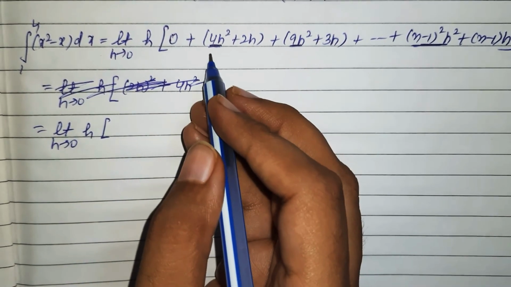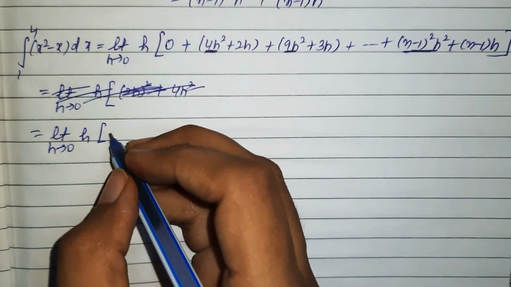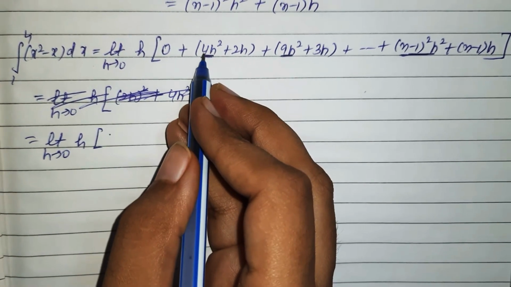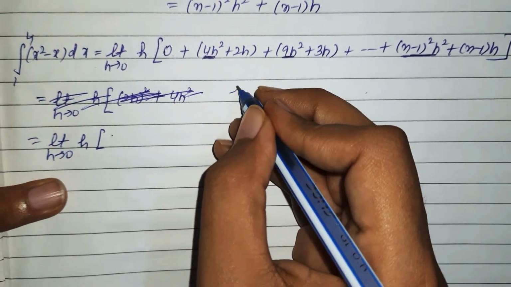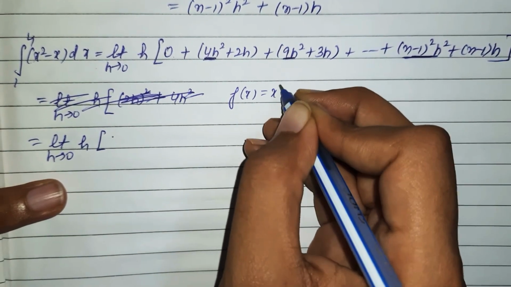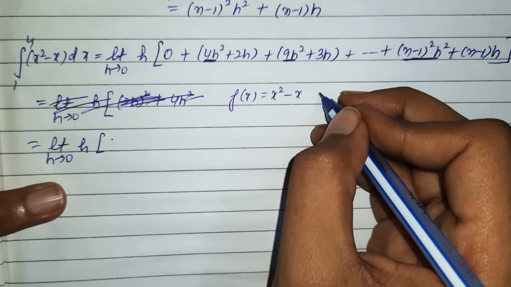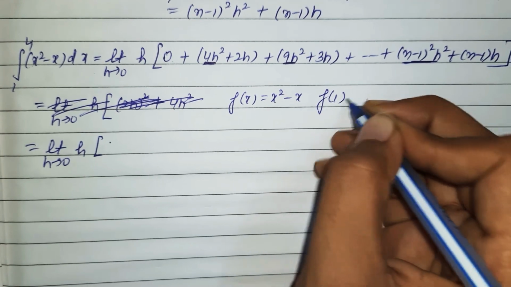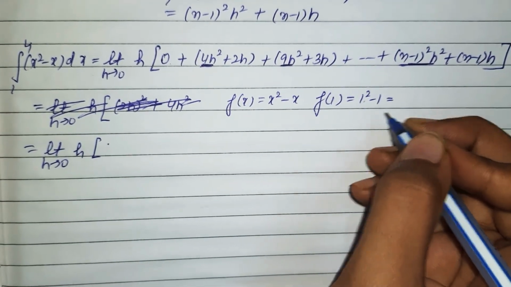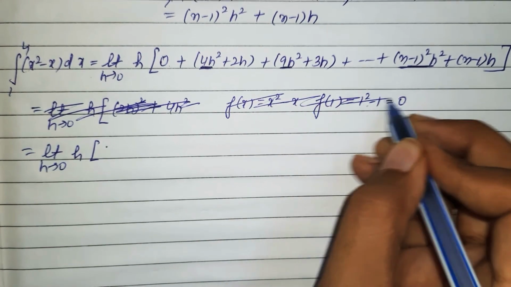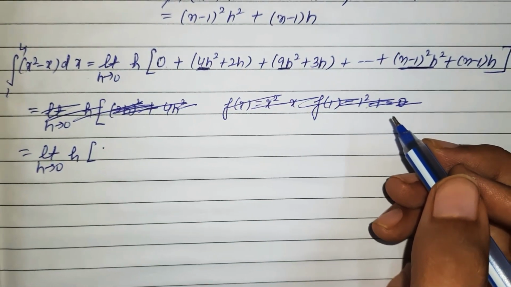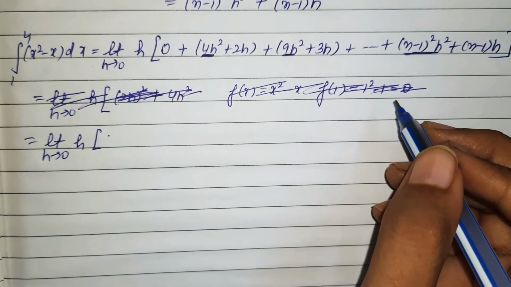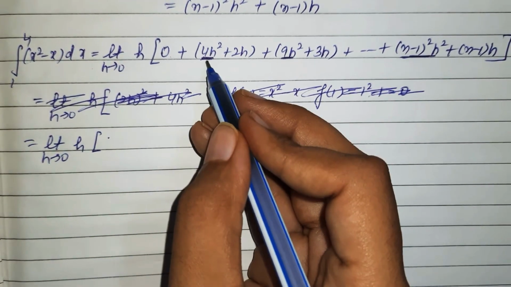If I talk about 4h square, 2h square, so 1 square, 2 square, 3 square. Okay, if I go like this, this is 2 square. And if I talk about this, because f of x is x square minus x, so f of a, because first term is f of a, so f of 1 you will be getting 1 square minus 1 only. That is correctly 0. So this I have already done. So f of 1 plus 2h will give you 4h square, a square plus b square plus 2ab minus 1 minus 2h.